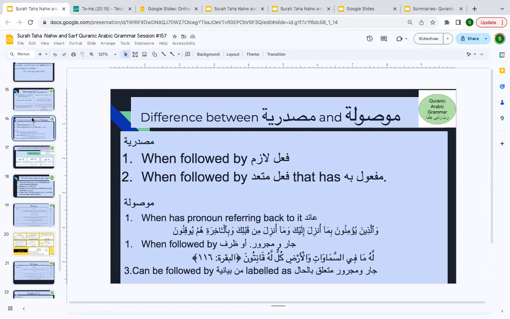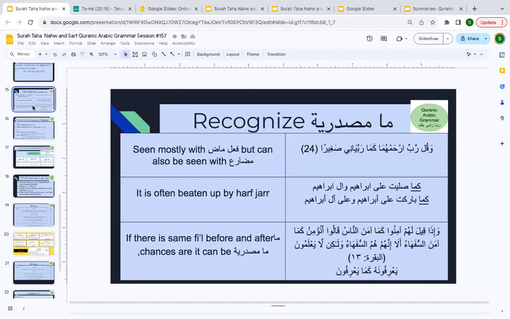So it kind of sounds like lazim or mutaaddi. It sounds like a lazim fi'l. And again, this is an easier way if you don't know all the details, and this has been reviewed, because there is always going to be a confusion, and this table is there, but this may not always work 100%. Okay, I may be saying what in my translation, but it may not work for the grammatical world. Because there is one thing called translation which always wins, but there is something called grammatical ruling. So I have given you that tip that most of the time when you can translate your ma as what, it is going to be mausula.